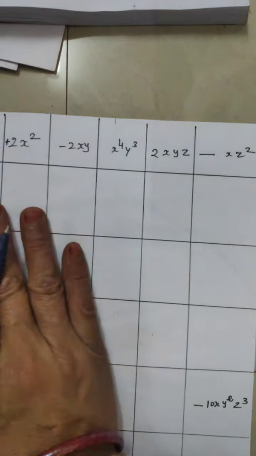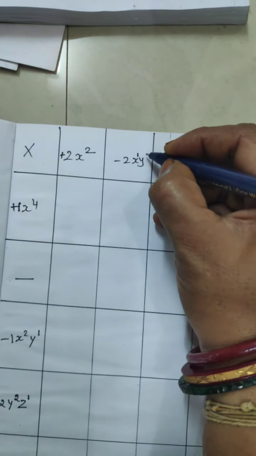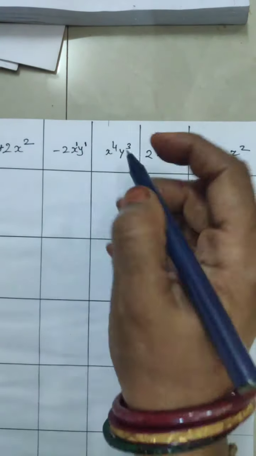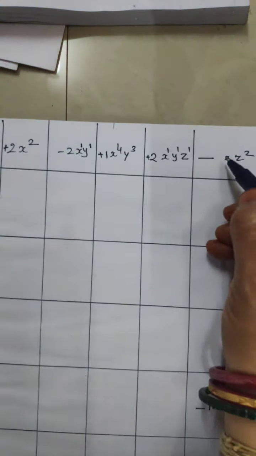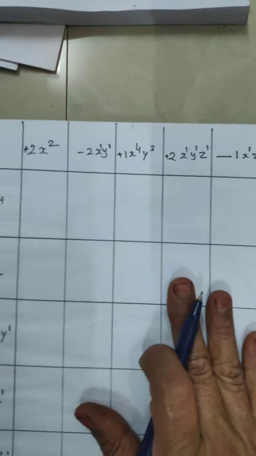Next see here, 2x plus, right. Here minus also there, 2. Here x power is 1, y power is 1. Next, symbol is not there, number also not there, so you put plus 1. Here plus symbol, x power 1, y power 1, z power 1. Here write 1, here power is 1. Now clear, first work complete.